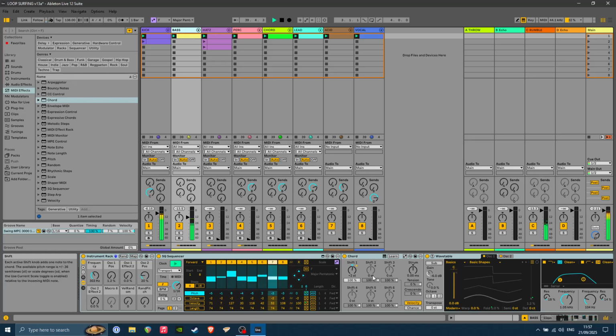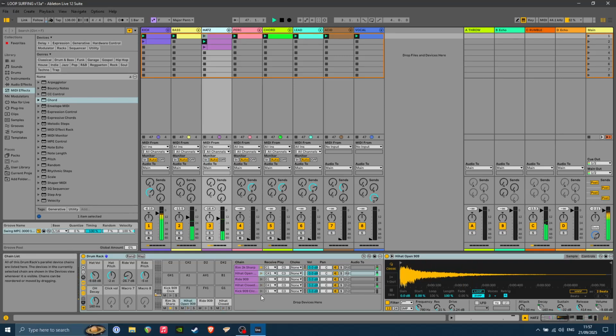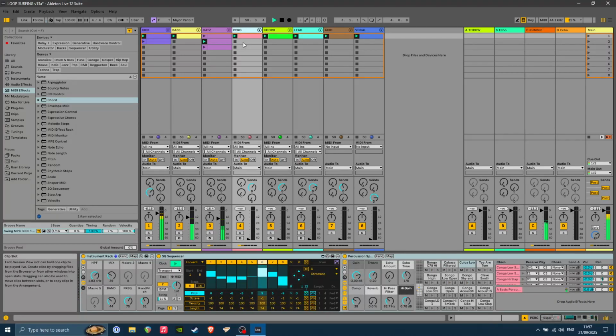So basically I just DJ the sound loops. I call it loop surfing. I can just bring in what I want at the time. My hats, I've just got them set up. Got my percussion loop,